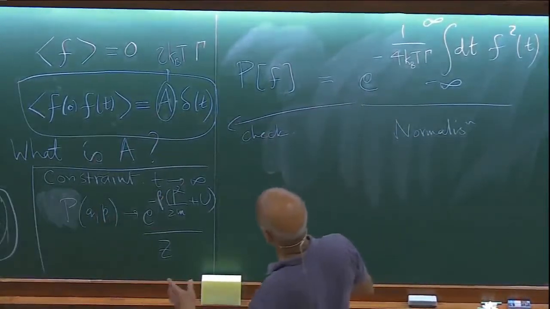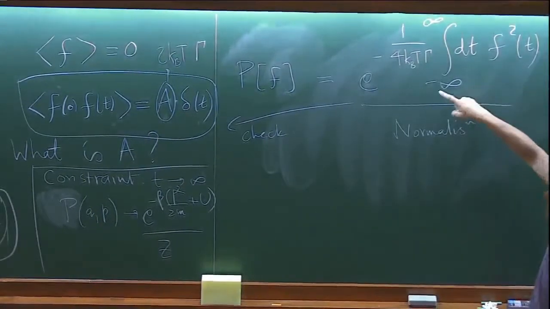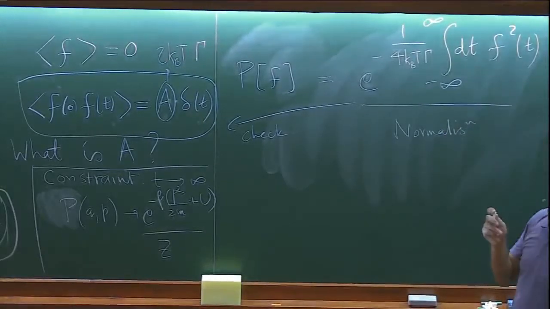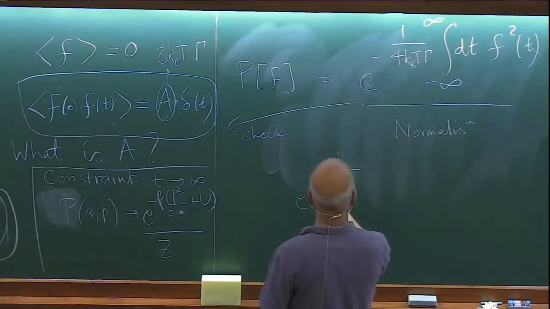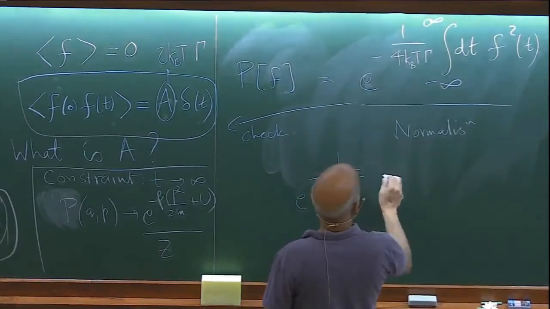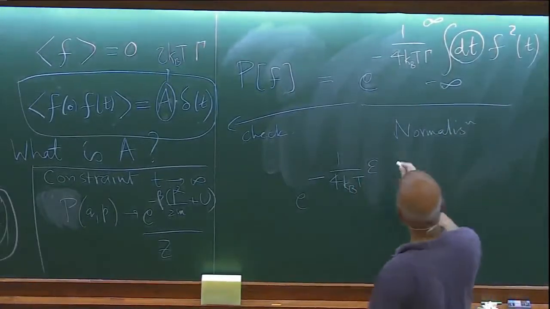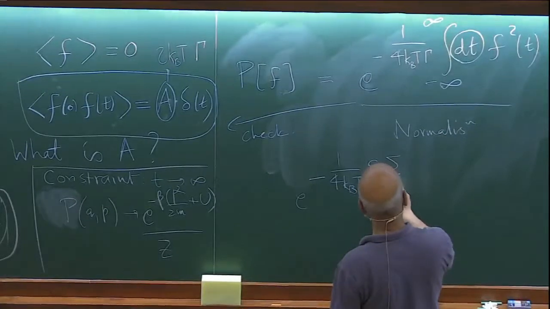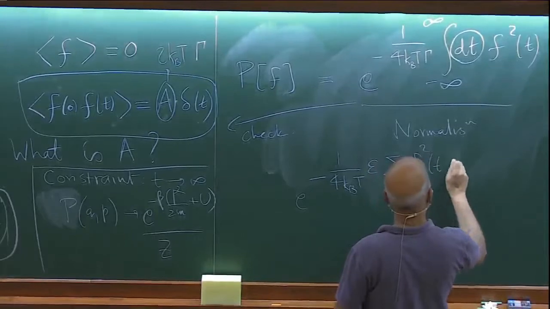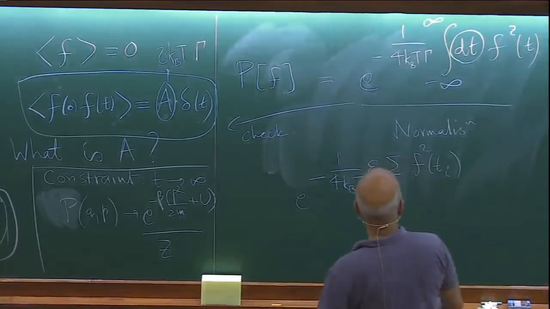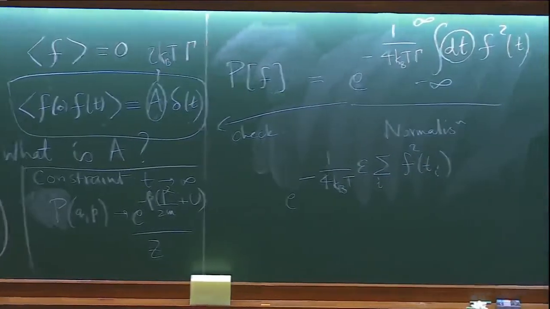But you can reduce this to something completely familiar by undoing the work of centuries of mathematics and turning the integral into a Riemann sum. Then you just say this is e to the minus 1 over 4kT, and there is some little time step, which I'll call epsilon, and there'll be a sum over values of f at various little times. So the idea is, all we really mean by this object is that,